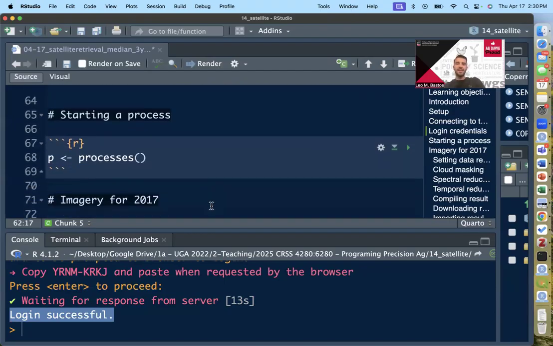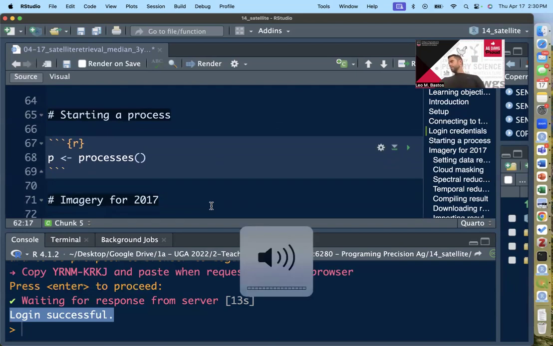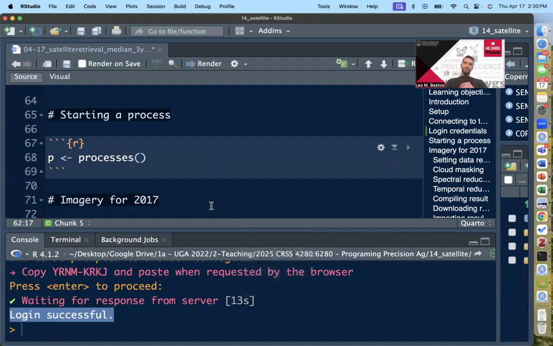So because that is a key step, I just want to take a quick moment here and check if anyone needs help with this. I did not hear anything, so I'm assuming everyone was able to log in successfully. All right, so